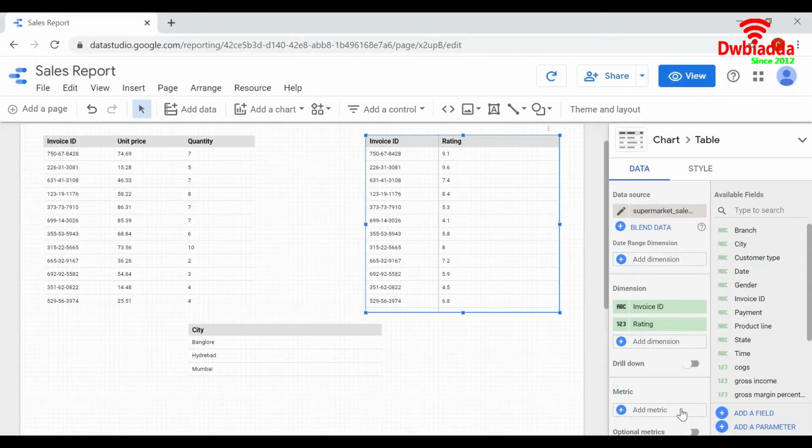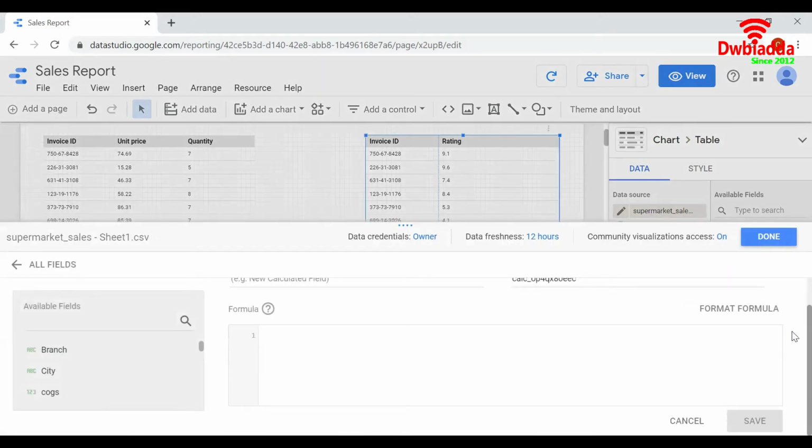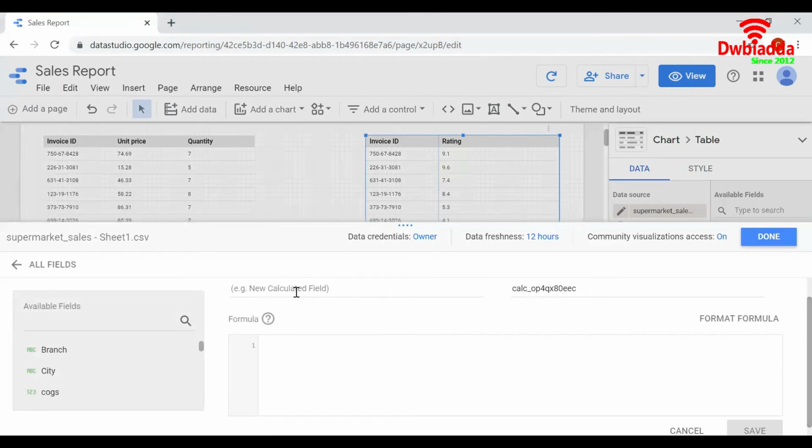Let us create the third field, that is rating label, from here directly. Click on add a field. Give the name of the column as rating label. So start the block and end the block. In between, write the function.